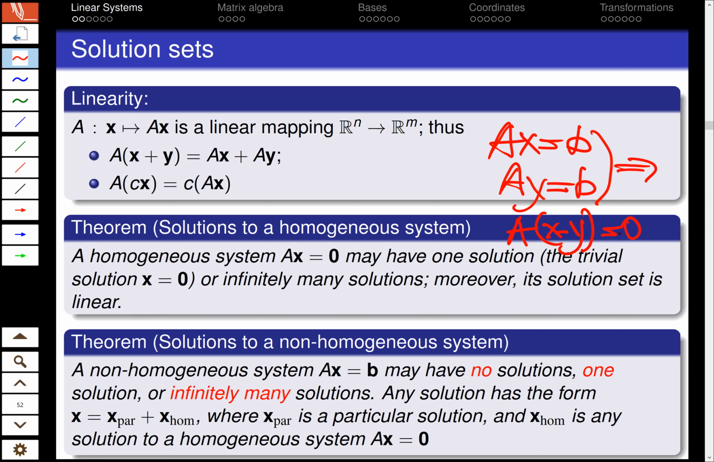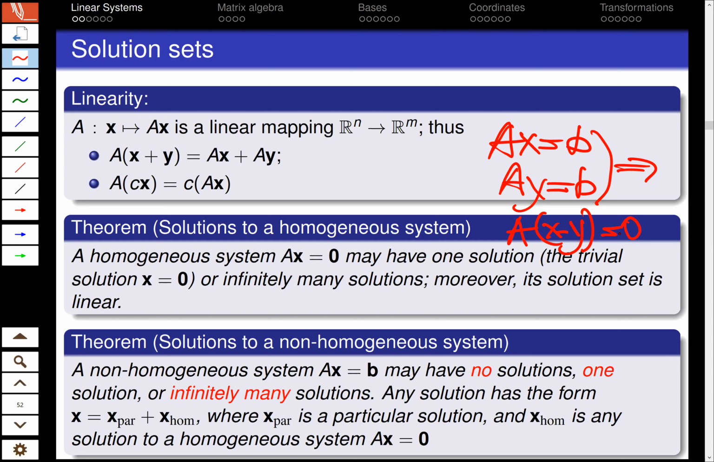Also, this means that the solution set of a non-homogeneous system can be of three different types. It can be empty, so sometimes a non-homogeneous system has no solutions. It can be a single point, or if not, automatically there are infinitely many. Why? Because if you have just two different solutions,